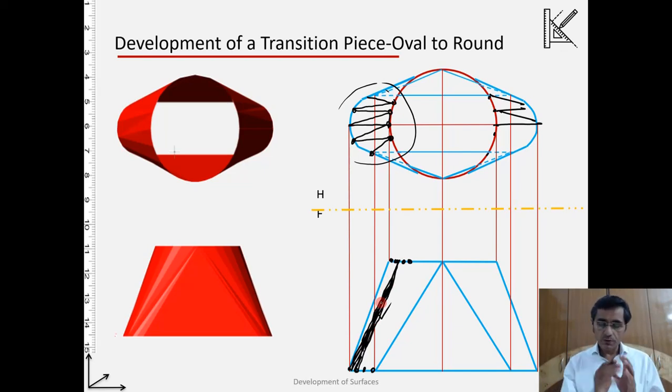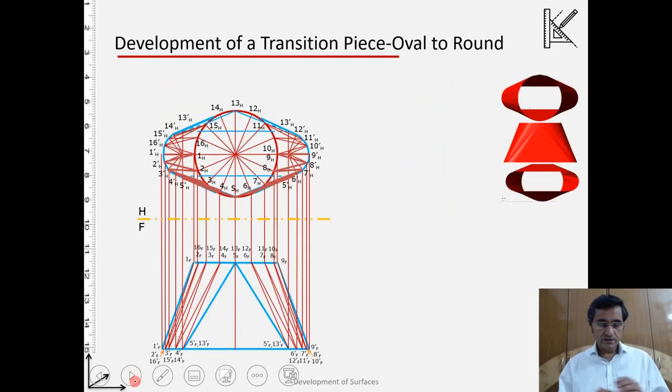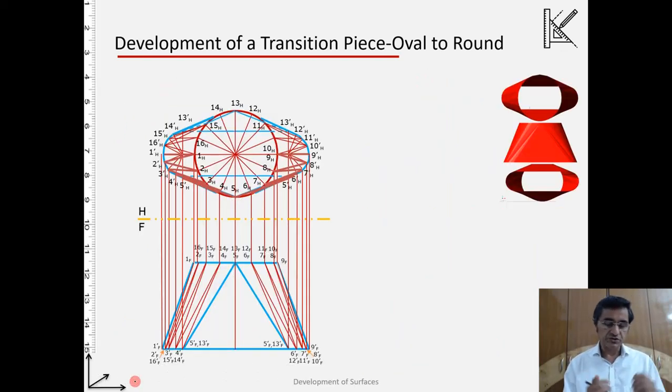So what we will do now, very first, is create these triangles and their projection on the horizontal as well as on the frontal. For this, let us look at this. We have created those triangles. So here in this drawing, first of all, let's discuss some names that we have given. This circle represents the top round, and on that top we have given the names 1, 2, 3, 4, and so on according to the number of divisions.